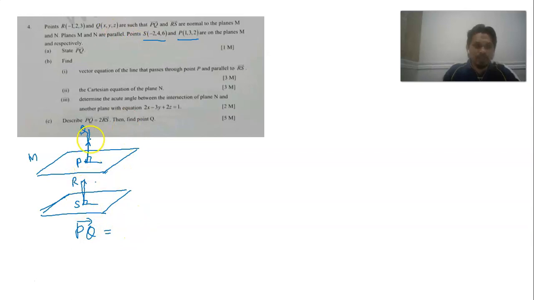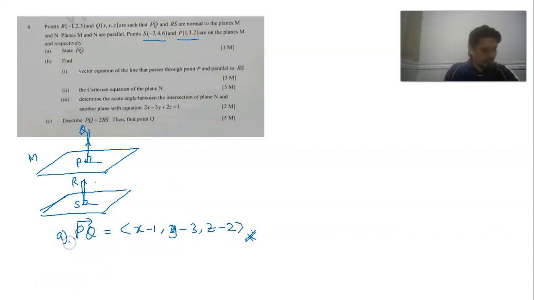So from P to Q is just like we call the vector of X minus 1, Y minus 3, Z minus 2. From P to Q is the coordinate of Q minus the coordinate of P. So X minus 1, Y minus 3, Z minus 2. PQ, yes, with P as (1, 3, 2). Okay, that's it